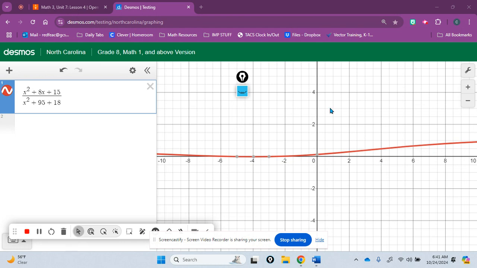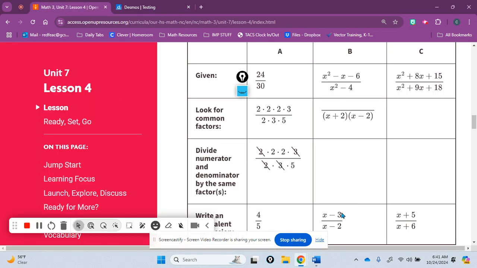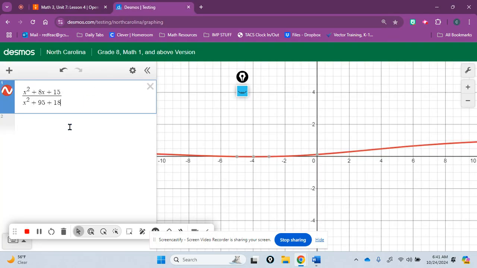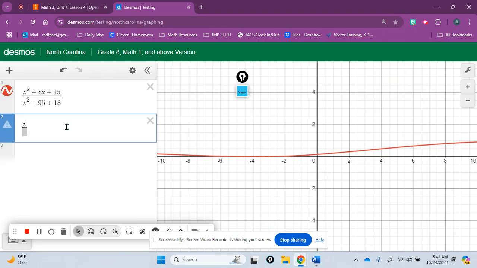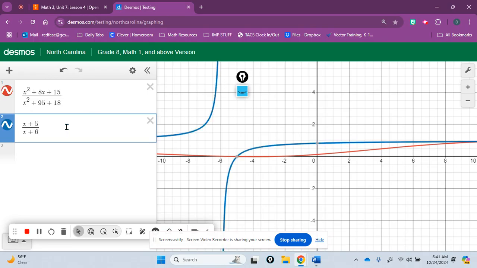And at the bottom, we already had what the equivalent expression was because it gave us the answer. It was x plus 5 over x plus 6. So if I plug in x plus 5 over x plus 6,